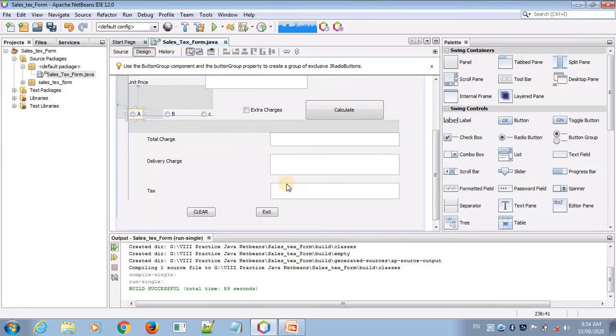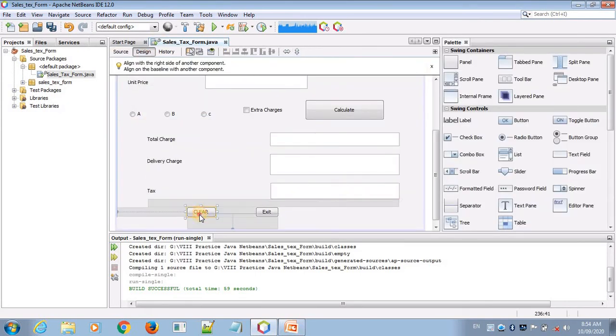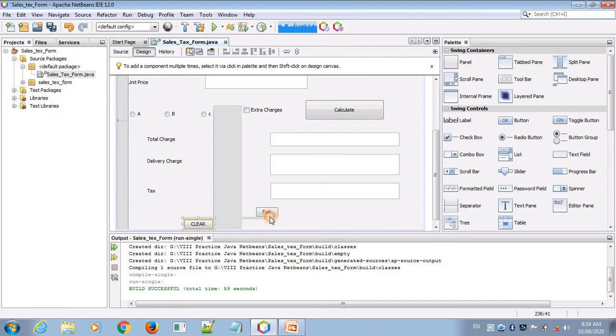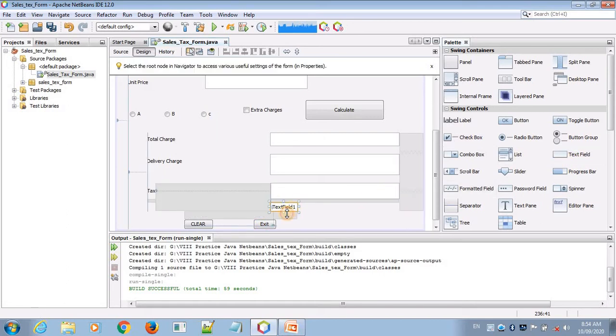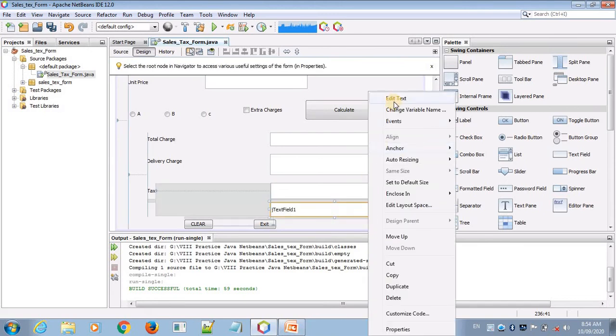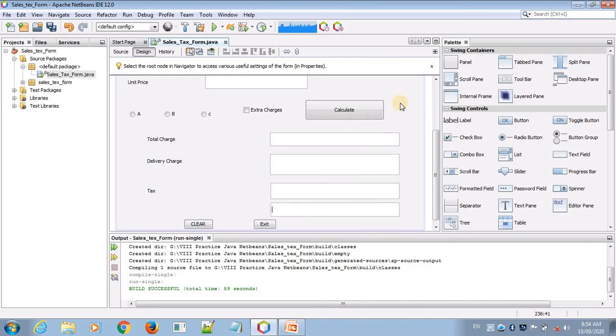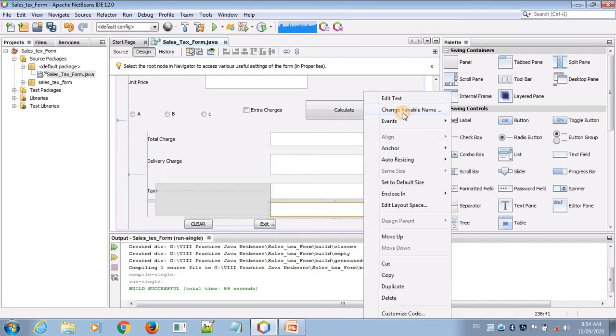So for the net amount, I am putting an extra text box here, adding an extra field for the net amount. Okay. Right click, edit text, change the variable name.